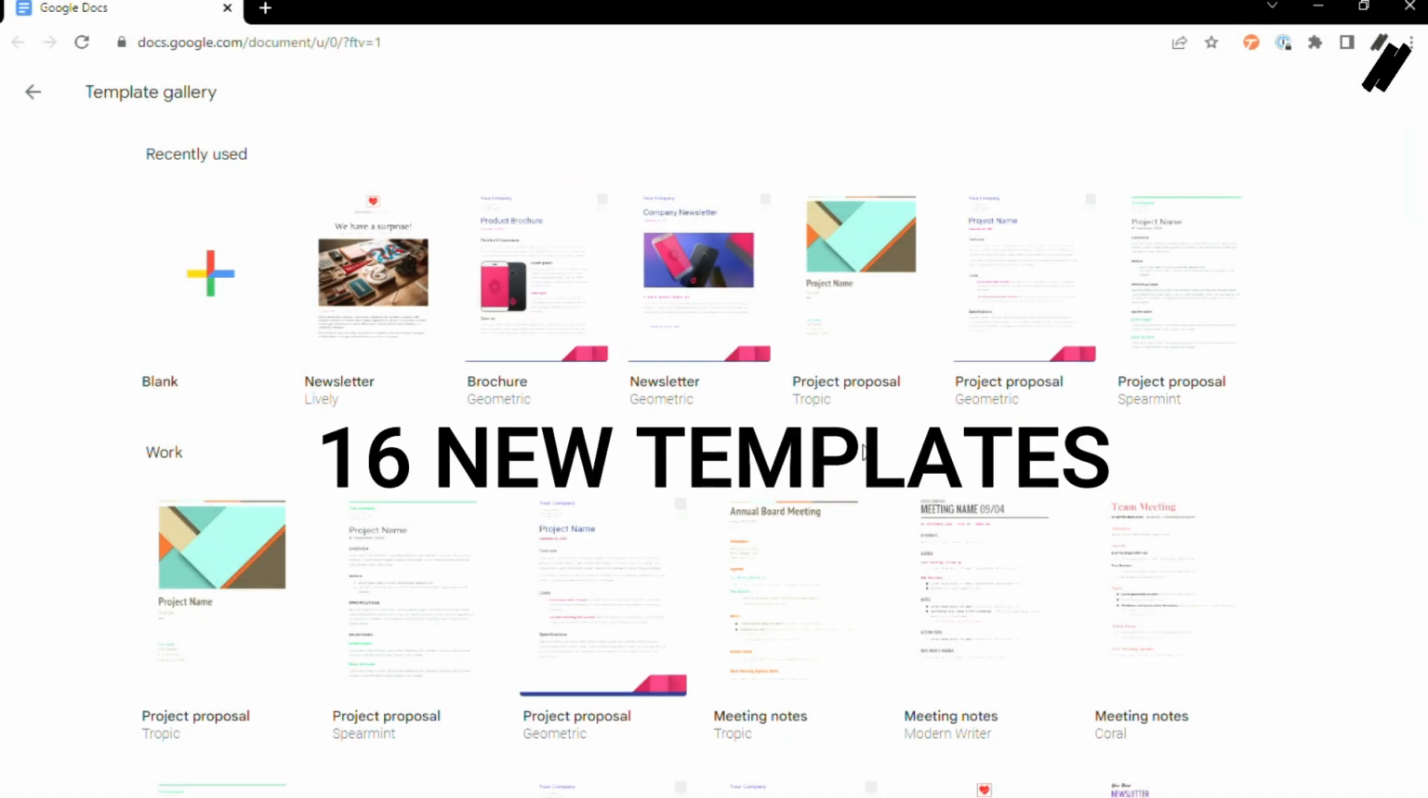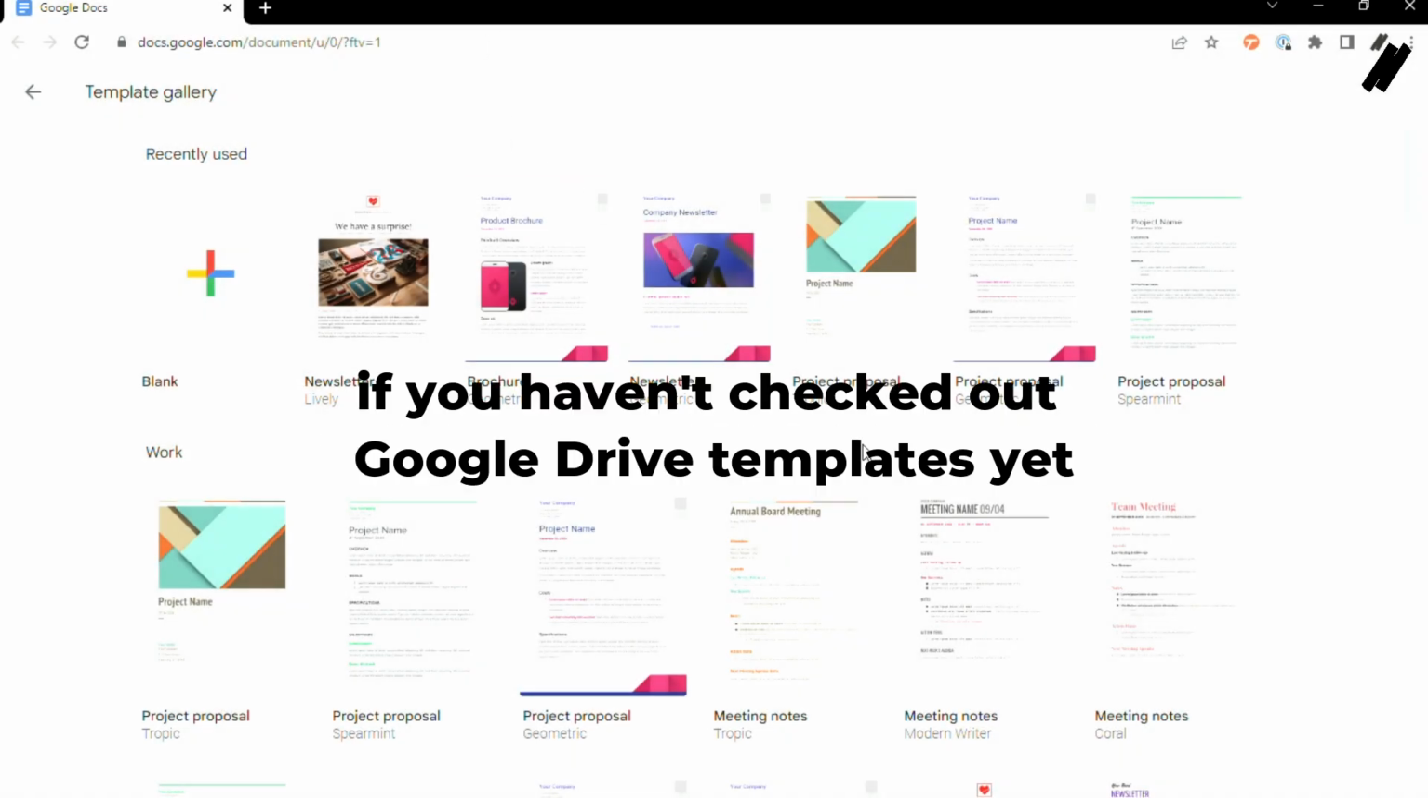Since Google have just announced 60 new templates, if you haven't checked out Google Drive templates yet, now is a